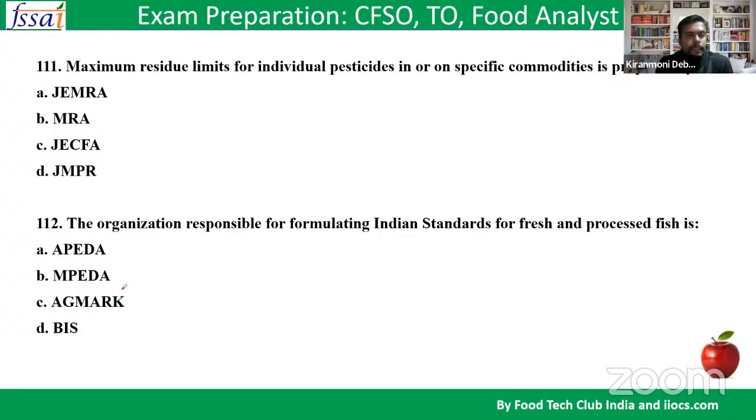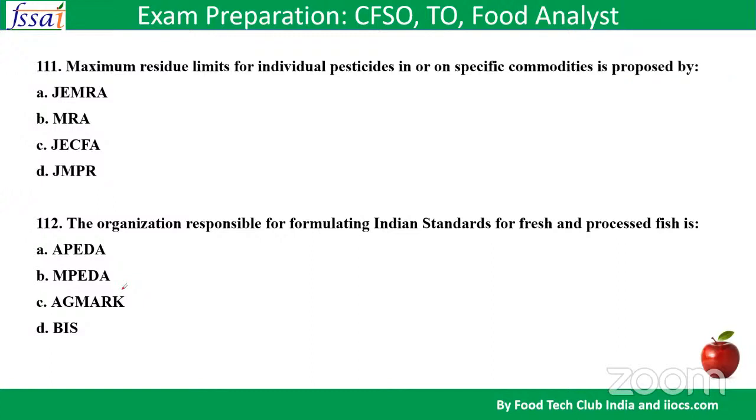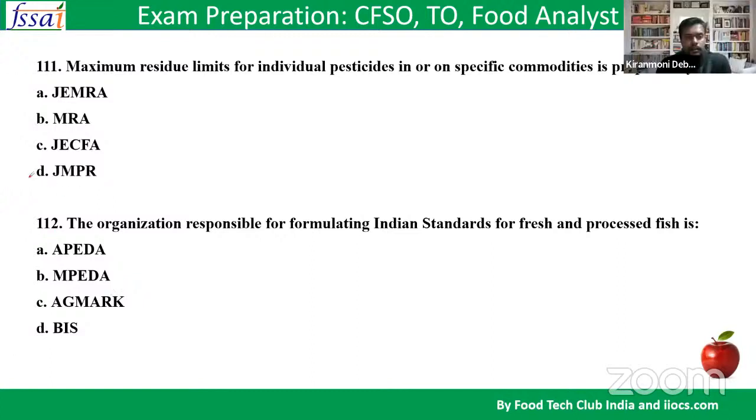As simple. Maximum residue limits for individual pesticides in or on specific commodities is proposed by GEMRA, MRA, JECFA, JMPR. JECFA. Which one? So D option. Option D. Somebody said JECFA. No, it's a food additive. Correct answer is JMPR only. What is the full form of JMPR? Joint FAO and WHO for pesticides. Joint FAO and WHO. Then